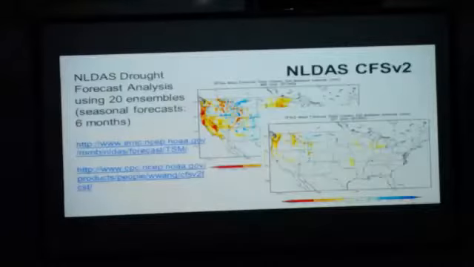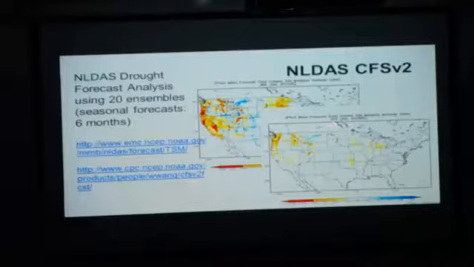So now what they do is an ensemble with the four different models of the LSM, and they can do a six-month seasonal forecast for soil moisture, right? So this is what is expected for October this year, starting the computation in May. We still see some drought in California, and this is what the models predict. The CFS version 2 predicts this for October of this year.